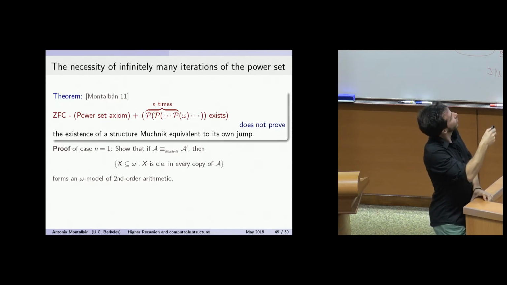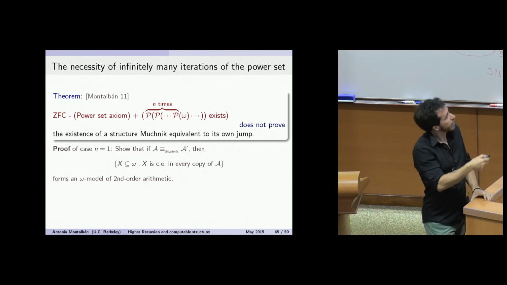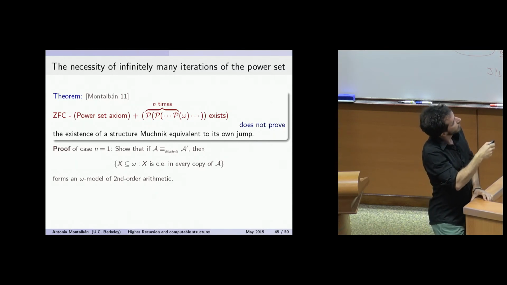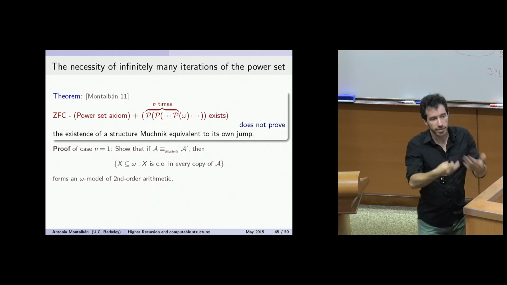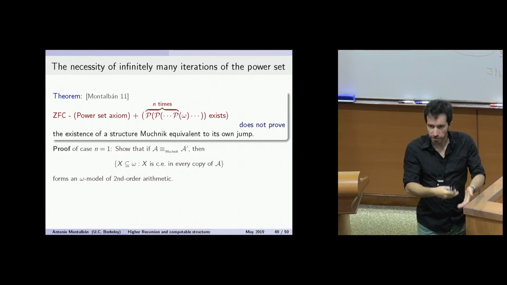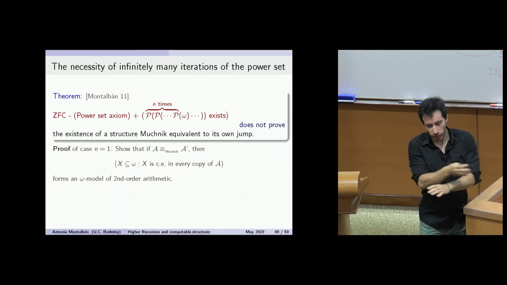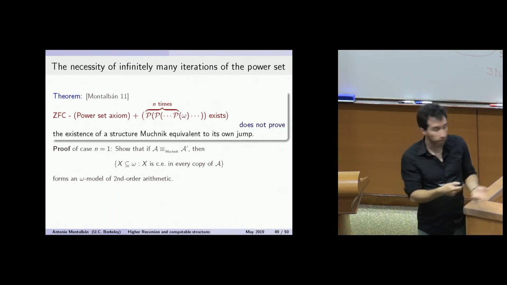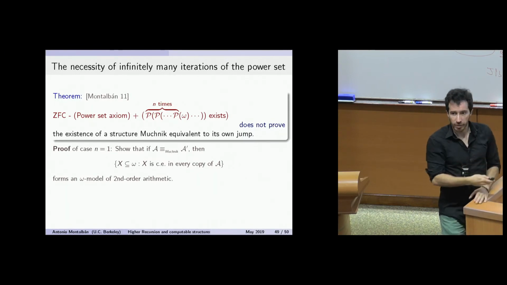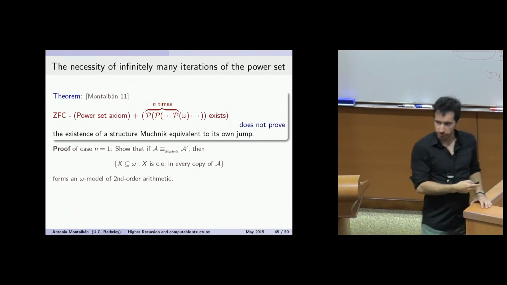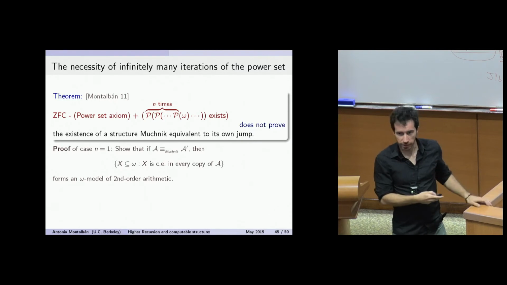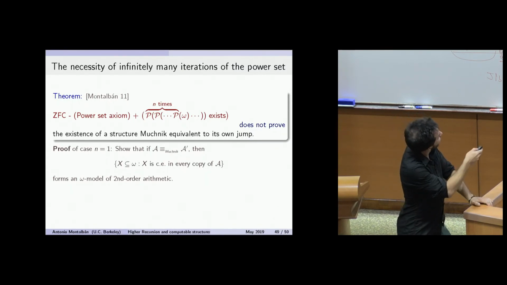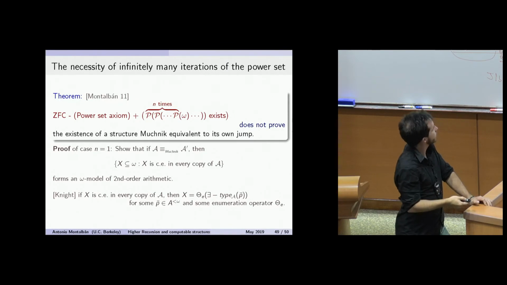For when you go to higher ends, instead of the x's that are seen in every copy, you have to look at the sets of reals which you can encode computably in every copy of A. And it gets a bit messier in that case, but it works. And the reason that this is a model of second-order arithmetic is not easy to see, but what's behind it